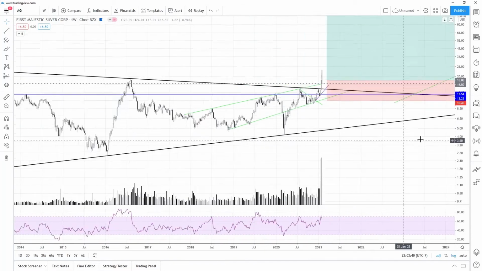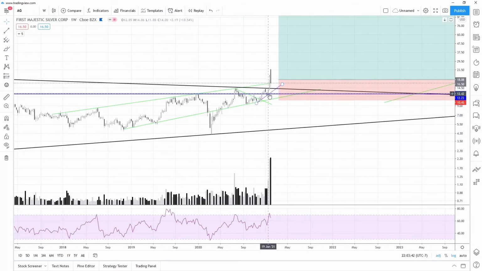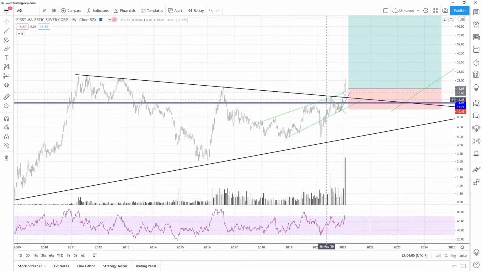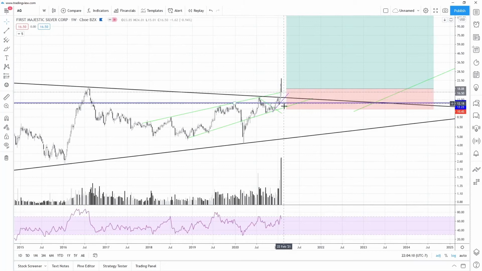And up until recently, it was a really good buy because the short interest was pretty high, especially back here around the $10 level, that was a good area to get in. Now it's like, well, maybe wait for a backtest, and if the silver market is about to take off, that's probably the last opportunity that you'll have to get into this stock. If not, and this breaks down, which I kind of hope it does, so that there will be an opportunity to get in,